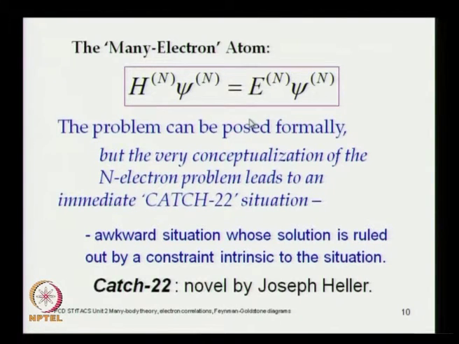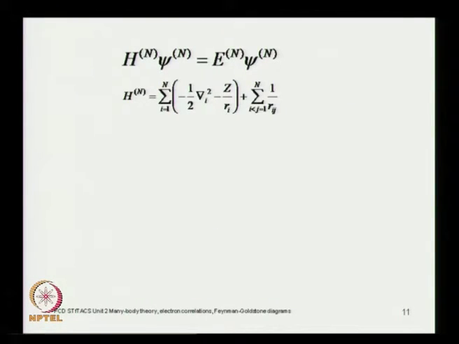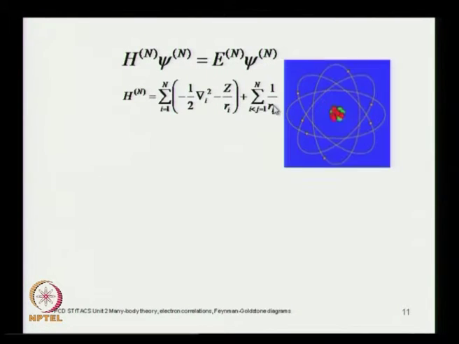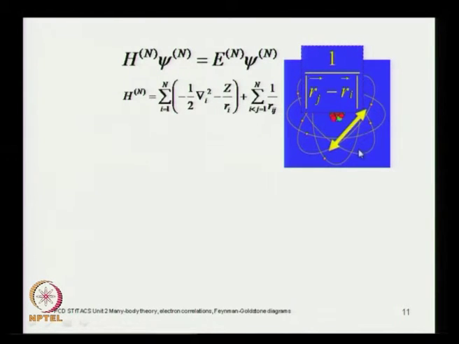The reason is it is catch 22, a phrase which comes from the novel by Joseph Heller, and the main idea in this is the following, that if you write the n electron Hamiltonian as a sum of these single particle operators, this is the single particle kinetic energy, this is the kinetic energy of each electron in the field of the nucleus, but this is the electron electron repulsion, and the 1 over Rij which is the electron electron repulsion. So this requires for your consideration the distance between these two electrons,